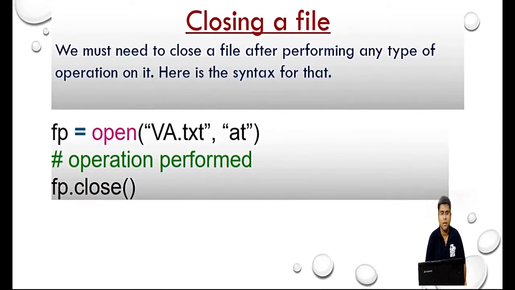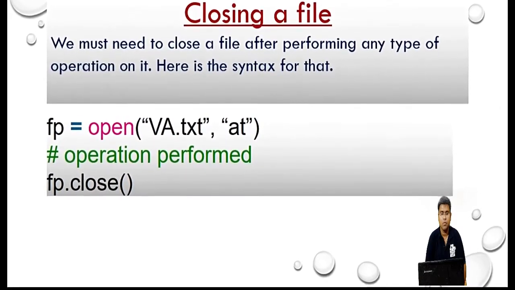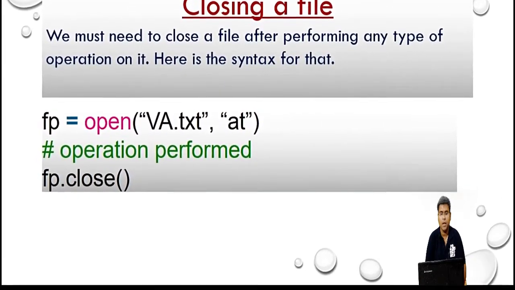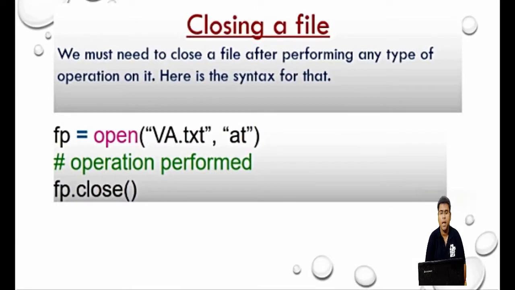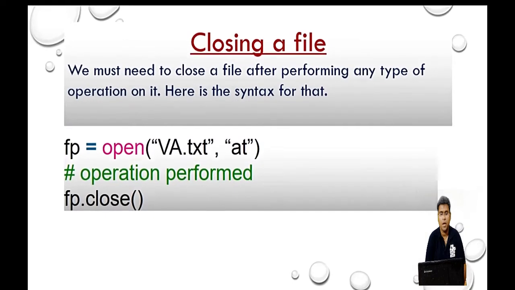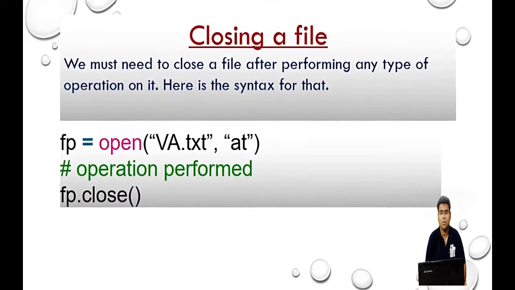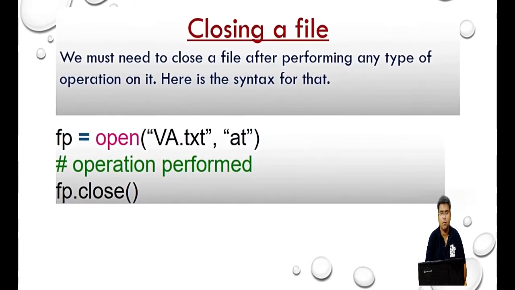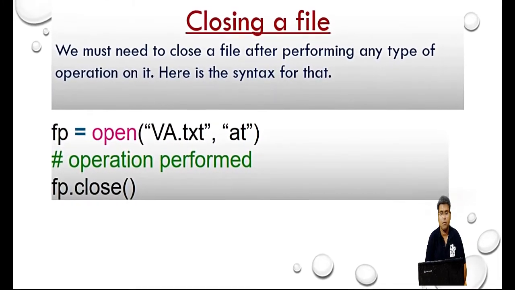Here is the syntax. fp is the object name equals open. I am opening the file name va.txt in the appending mode. This is the text format, and after that I perform all sorts of operations. Whatever operation I want to perform, I will perform that, and at last